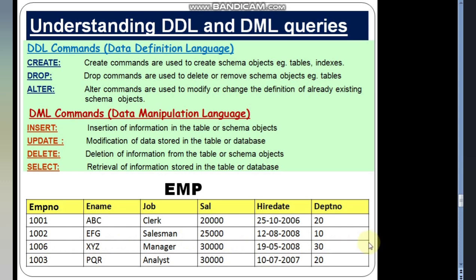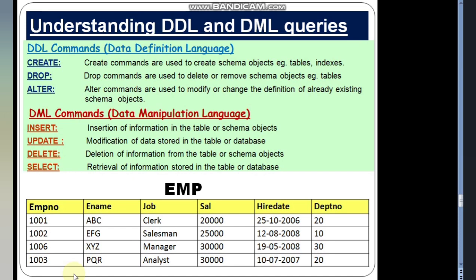Here remember that delete and drop are different. Even if you delete all the records, still the entire table will be there. The structure of the table will still be there, but delete will delete all the records. But if you drop the entire table, that means the entire table will be removed from the database.